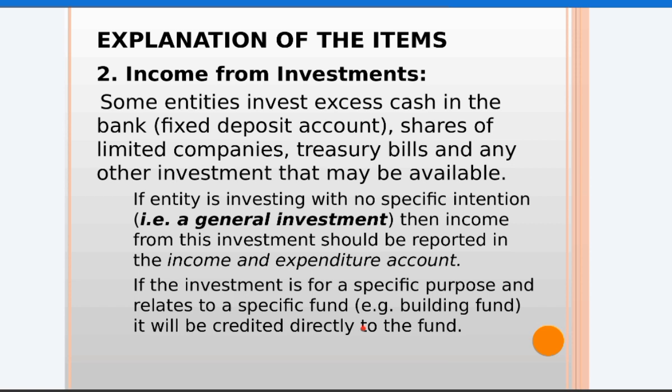So in this case, we look at the purpose of the investment. If it is a general investment, then income is treated as normal income in the income and expenditure account. But if it is for a specific purpose, then the income should be credited to the particular fund